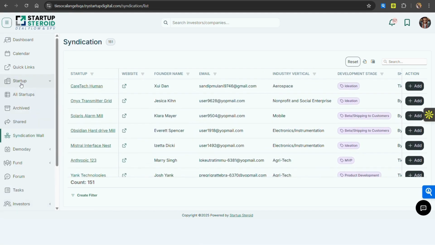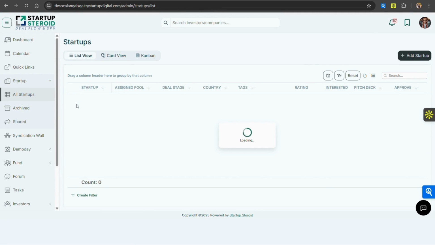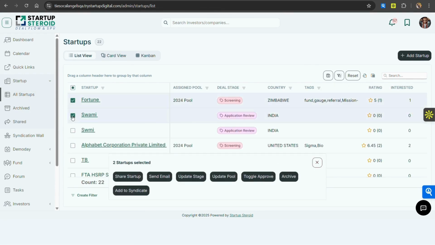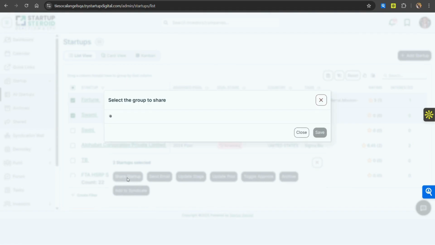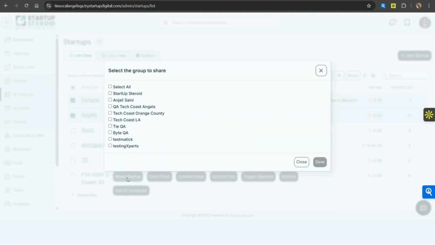There's another way to share your deals across. If you go under the startups, I had missed out on this. I'm going under the startups. If I click on 2-3 startups, I get these sections over here. Now through this, I will be able to share my startup to any other investment white label that is available on the platform.